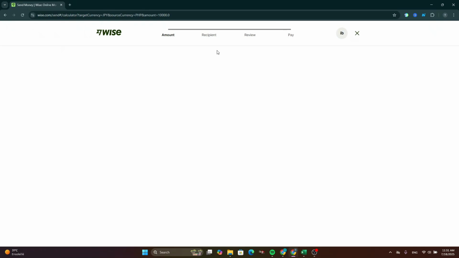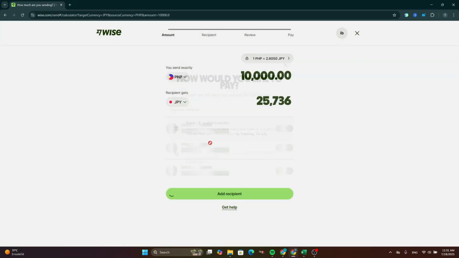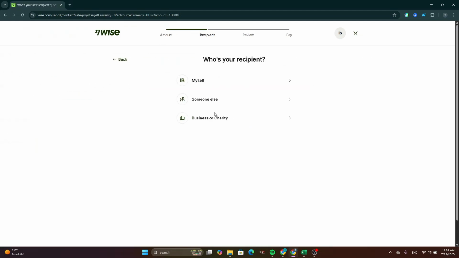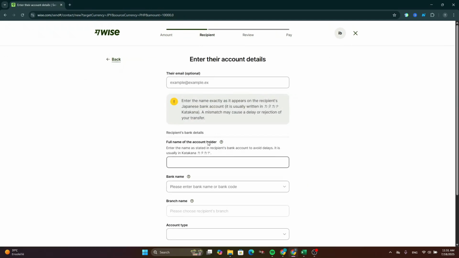Now, after that, double check the amount that you want to transfer, and this is how much your recipient will receive. Now click on pay with, and select the bank or e-wallet transfer. Now click on add recipient, and as you can see here, select the bank details and select someone else. After that, just wait a few seconds, and as you can see, now provide